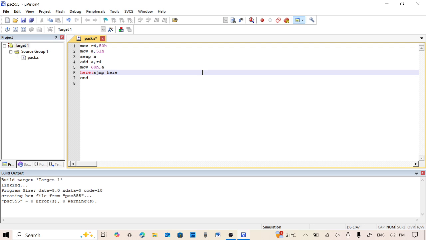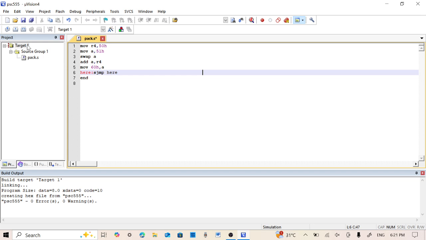Suppose R4 had 8, 70 plus 8 is 78. So 78 is stored in 60. So very simple program it is, with an infinite loop, and END is the assembler directive to conclude the text of the